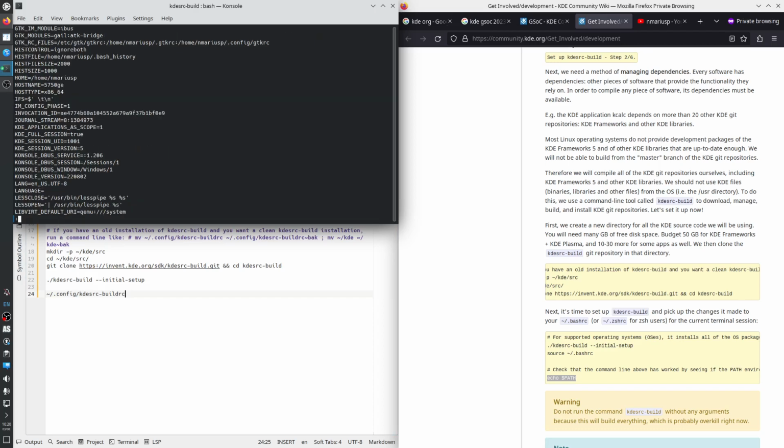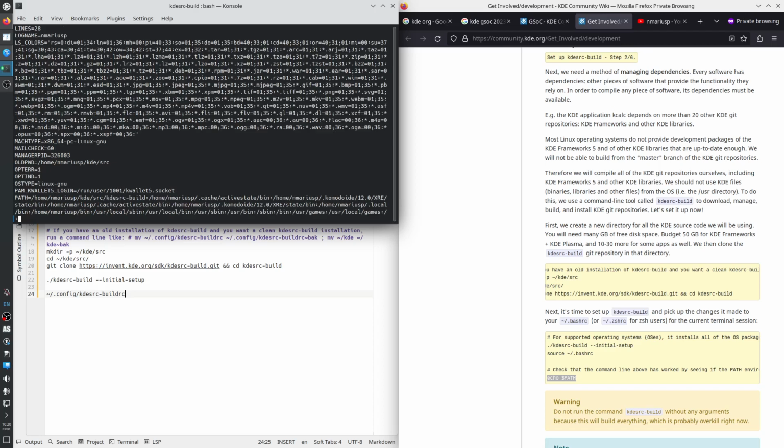There's one called KDE_SESSION_UID, and the value is 1001. There's a really important one which is called LANG, for language, and the value is en_US.UTF-8. OLDPWD is the previous current directory, so the directory that I changed from, which is probably going to be used by cd -, which takes you to the previous current